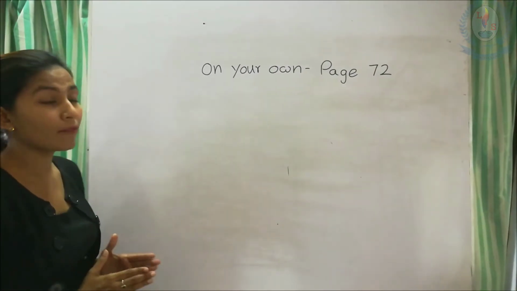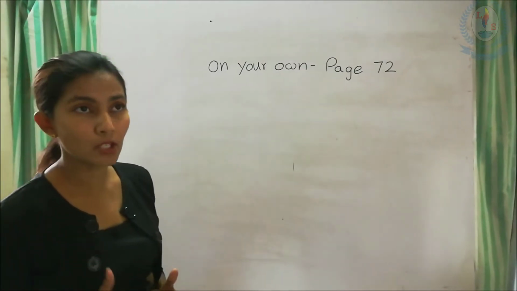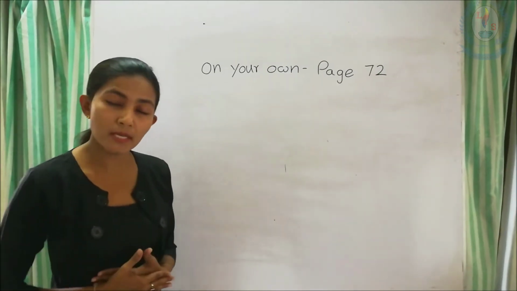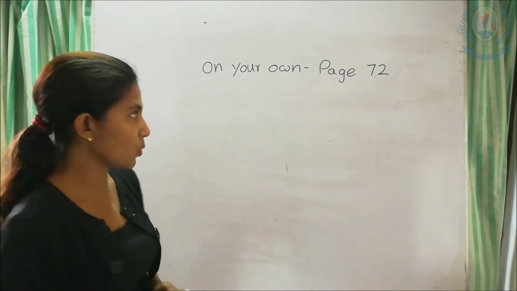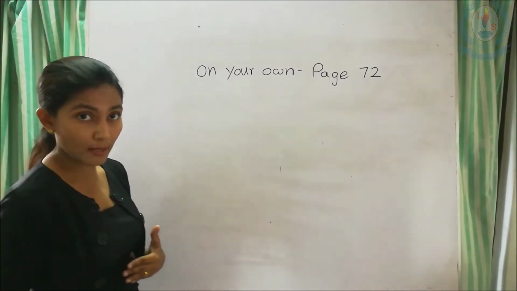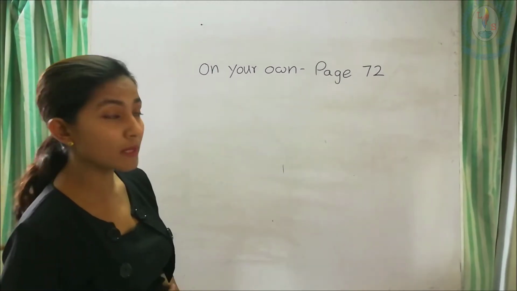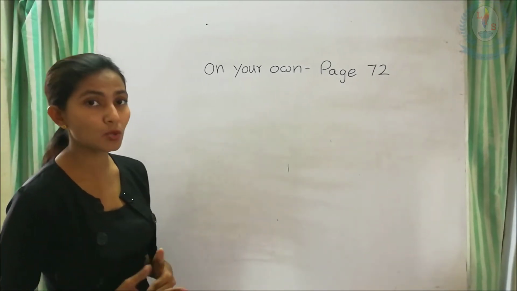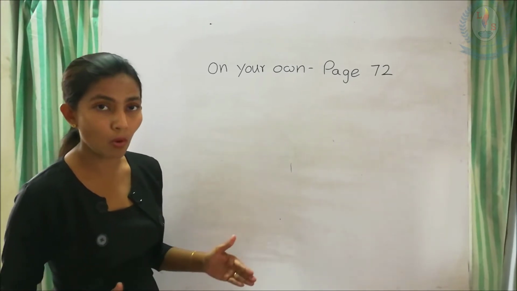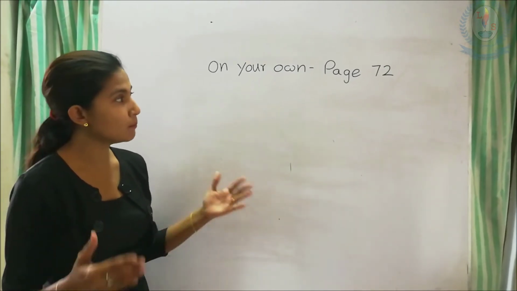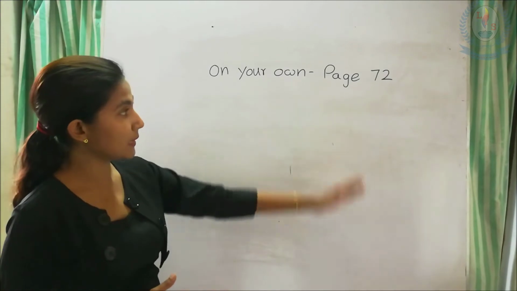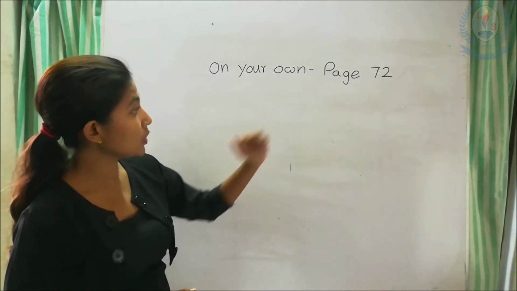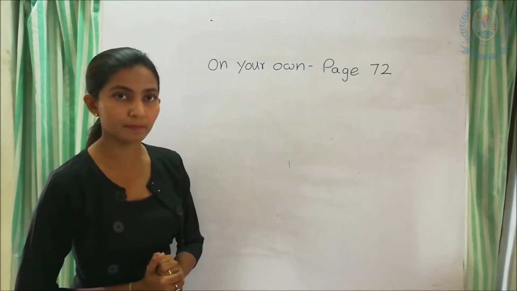Students, now we have completed the 11.2 subtopic also. It is about learning meters and kilometers. So, after we learn this, there is an exercise on page number 72 on your own. You all can complete this exercise to understand the lesson more, to evaluate yourselves more, right? So, please complete the exercise on page number 72 in your textbook.